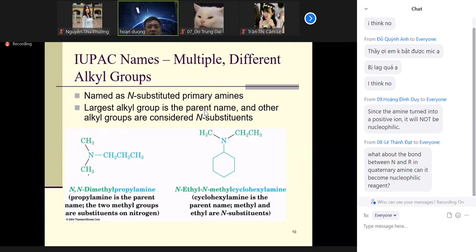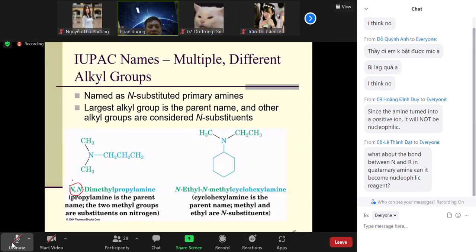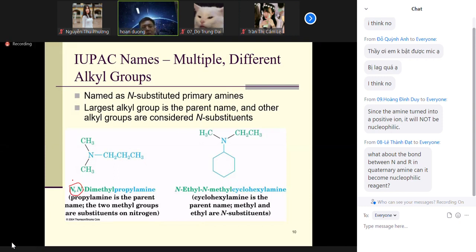That's the first thing. And the second thing is, you can see we put N here. N should be put in italic. Italic, it must be slanted. Can you see it? If it's not slanted, it's not correct. So you put the italic letter, then the dash, then the number of substituents, if any, then the substituent group. And finally, you put the amine.